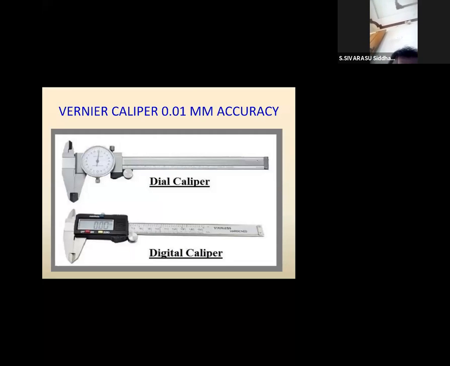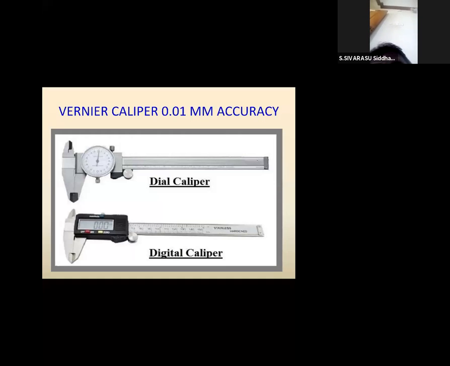In the 0.01 accuracy, there are two types of caliper we can use. One is the digital vernier caliper, another is the dial vernier caliper. What is the advantage of digital and dial over the normal vernier caliper? First we will discuss the dial. Lines are very clear. There should not be any ambiguity or deviation between this line and that line. There is no confusion at all. It is a transparent dial. Everything is clearly indicated, so we can get the measurement and take the reading quickly.